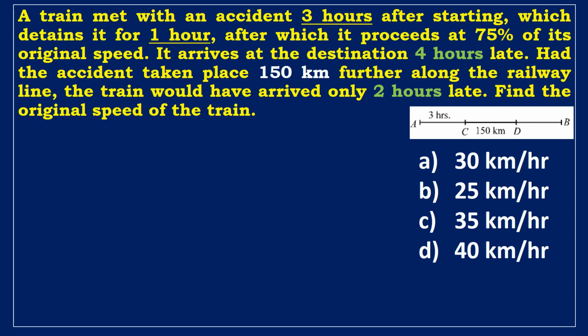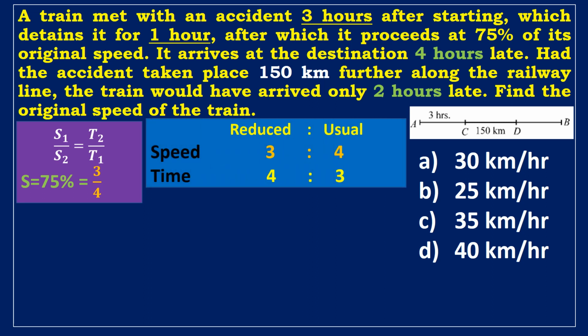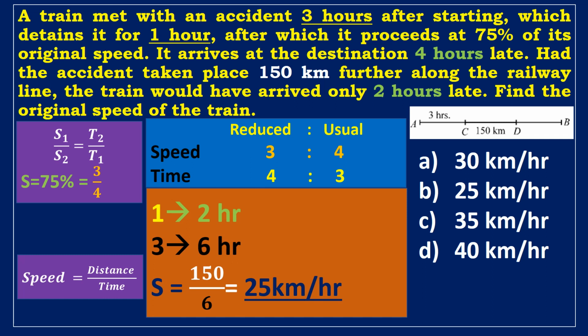Let A be the starting point and B be the ending point. C and D are the locations of accidents. According to the problem, the ratio of the train's speed after an accident to its original speed is 3 to 4. However, speed is inversely proportional to time. The time taken by the train after the accident to the usual time is then 4 to 3. In this case, the time difference is 1. The difference between 4 and 2 hours is the actual time required to travel the distance, which is 2 hours. As a result, 1 denotes